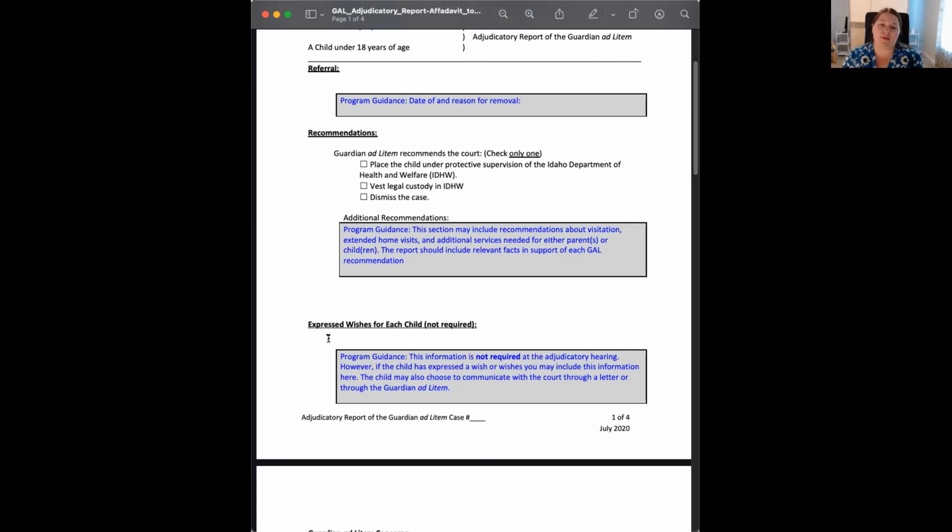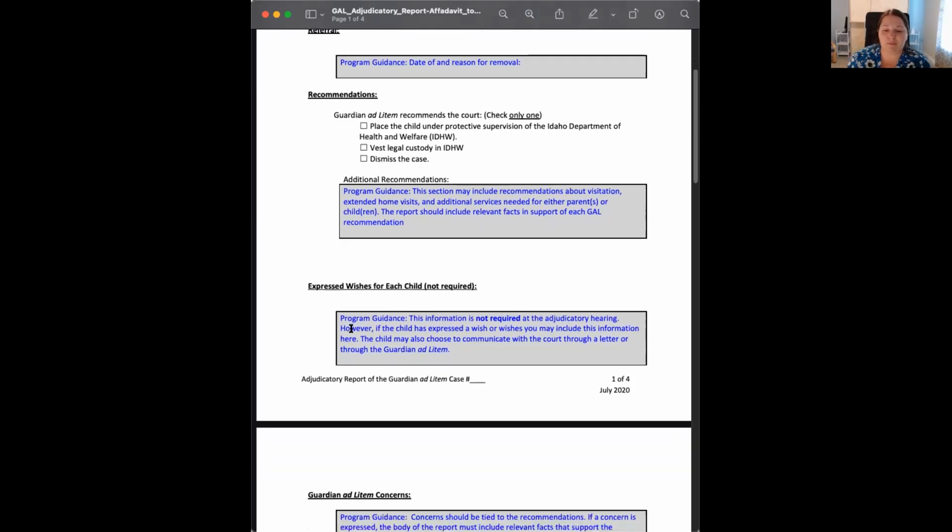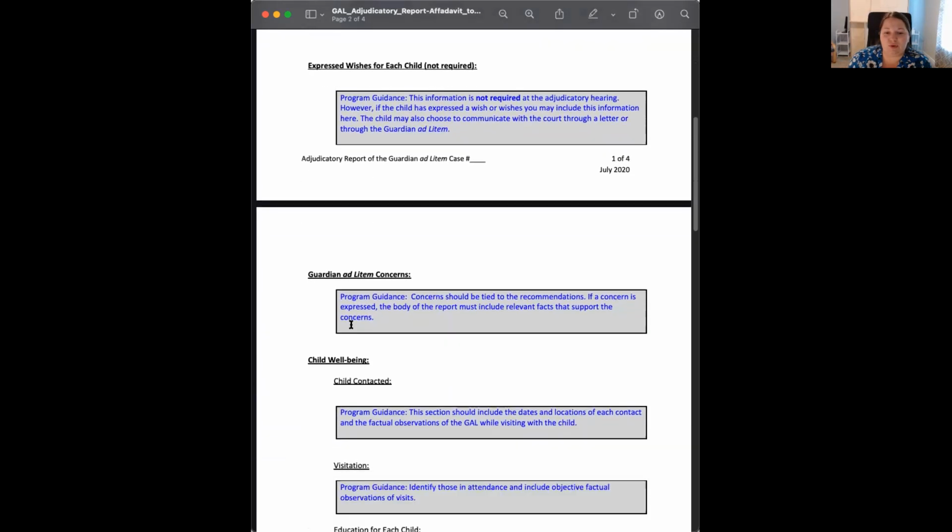You could also put something along the lines of, at this time, this guardian ad litem does not know the child's expressed wish, as they were focusing on building rapport with the child. That's always acceptable at the beginning of a case, because some kids just take a little bit longer to open up to adults. As we scroll down,